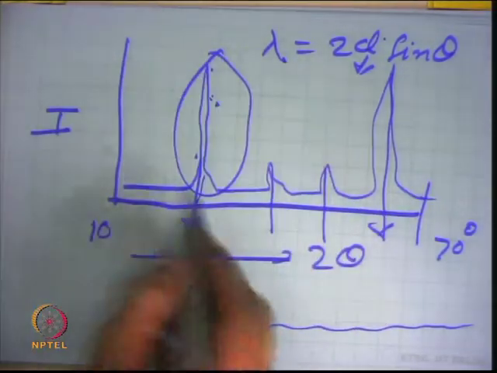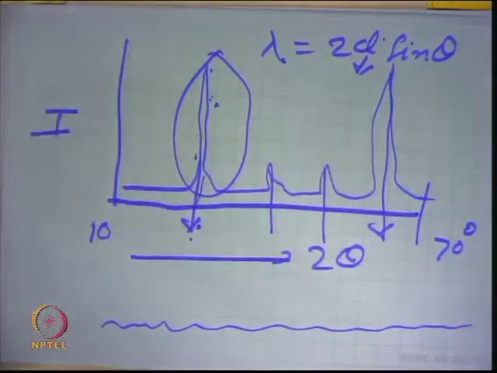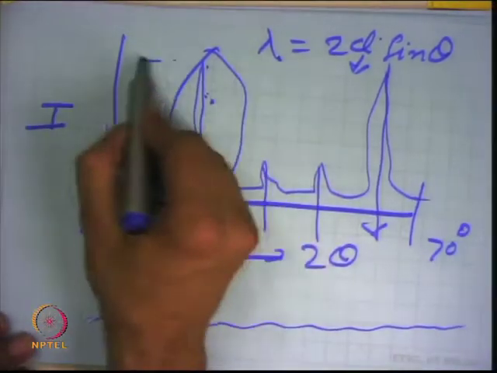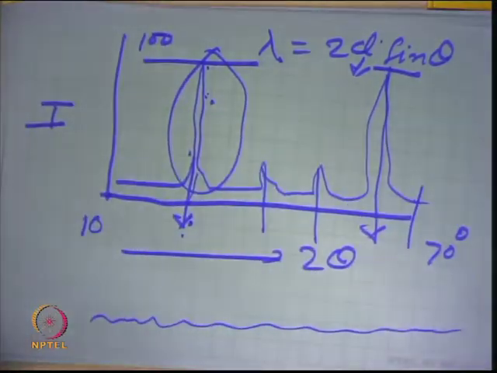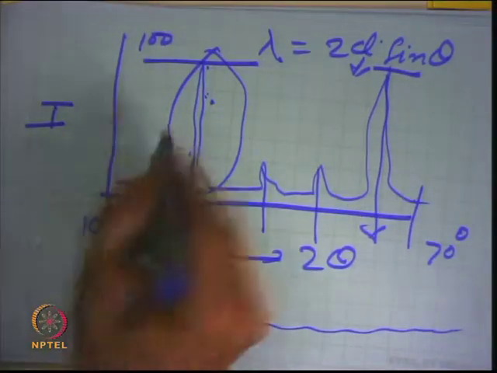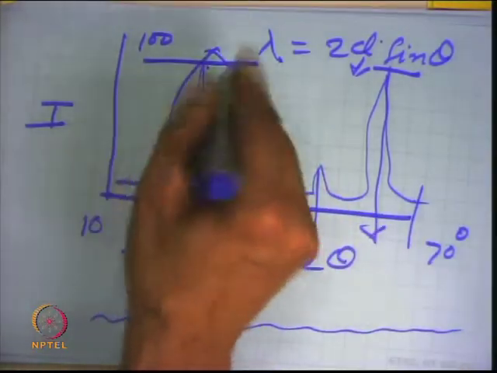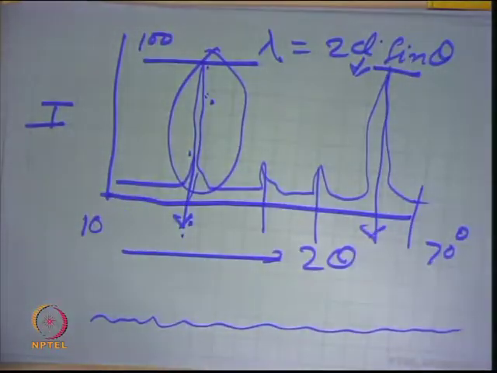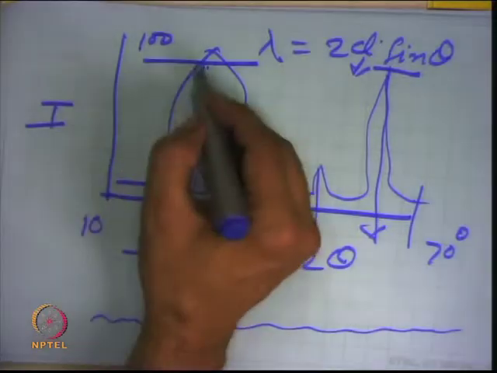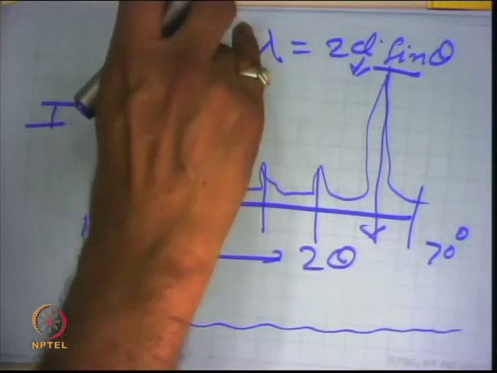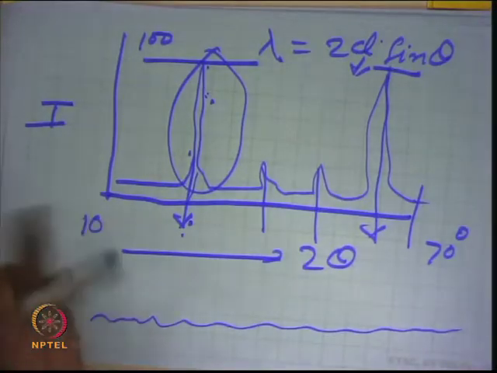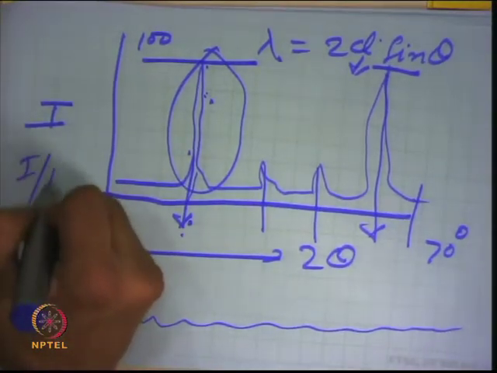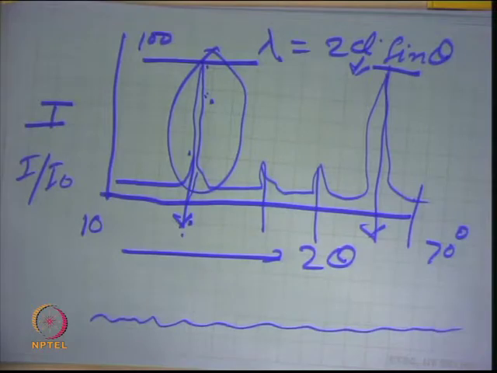And also simultaneously the intensity, some relative number. Suppose this is the highest peak. So, I can make this 100, some arbitrary number, and then the intensity of the rest of the peaks can be defined in terms of a ratio of the peak heights. So, this height is the highest one, so this can be numbered intensity 100 and the other peak intensities can be determined based on this. So, it can be something like I over I0, in arbitrary units.